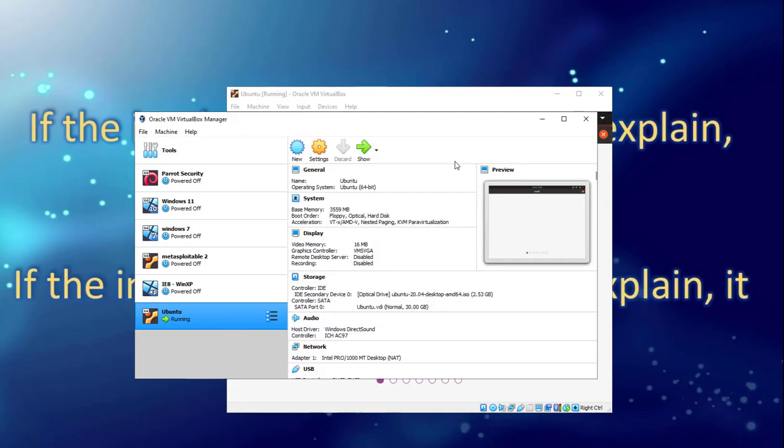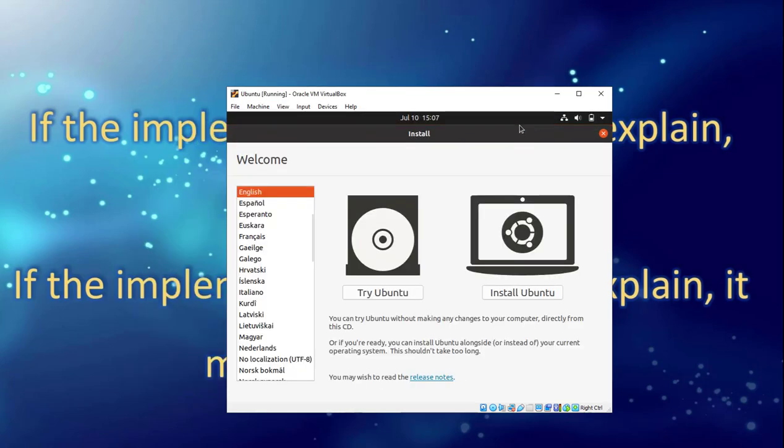So the installation interface is going to load. Here you have two options. First one is try Ubuntu, second is install Ubuntu. If you select install Ubuntu, it will directly start the installation process. If you select try Ubuntu, it will load the live version of Ubuntu. You can use that temporarily and start the installation process later on. For now, I am going to select install Ubuntu.